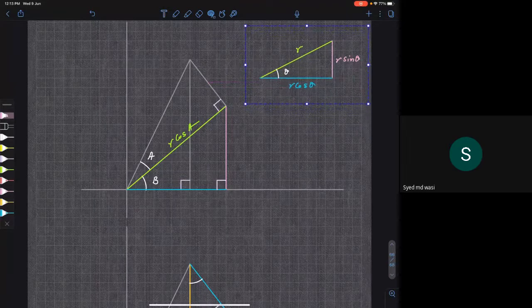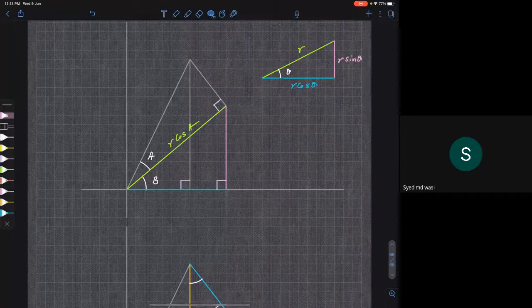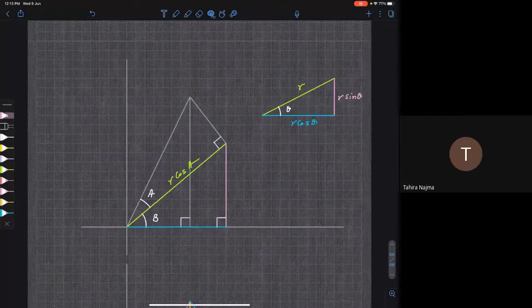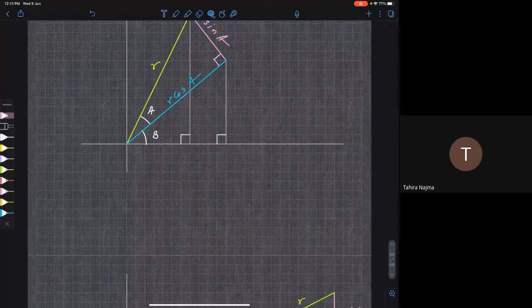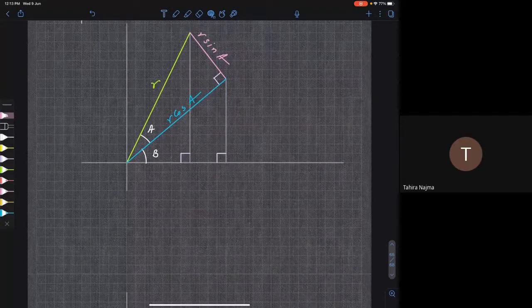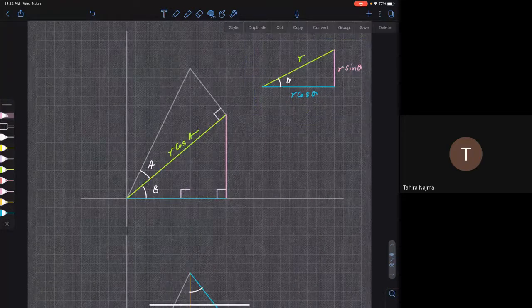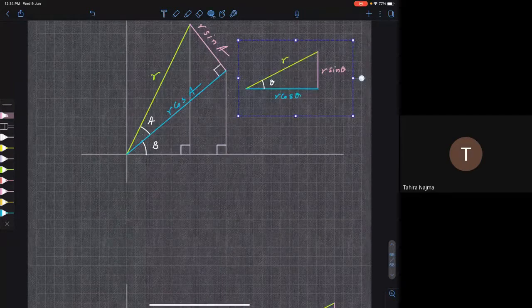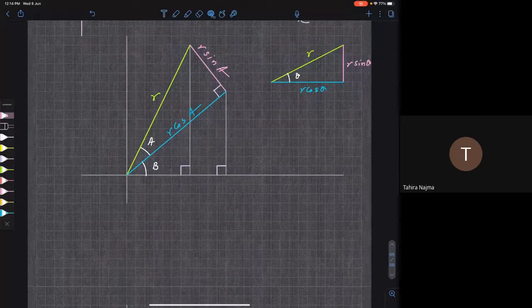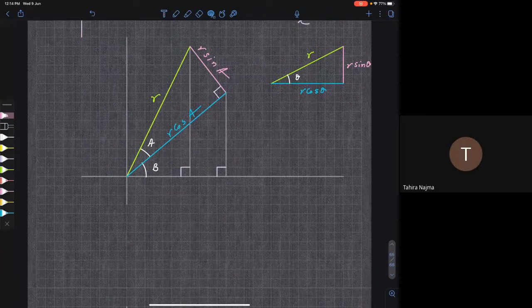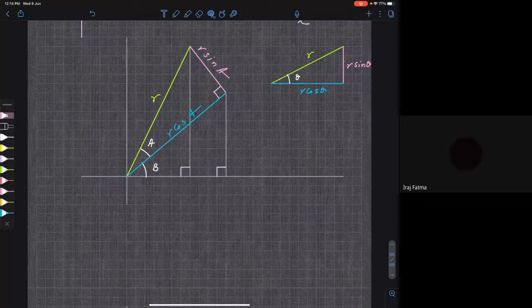This is the thing we have been talking about until now. In the last diagram also we had a right angle triangle. Same story, copy, paste. We will use this thing again and again throughout physics. So instead of R we have R, and instead of theta we have A. So instead of R cos theta we get R cos A, and instead of R sin theta we get R sin A. Do you agree? Yes, sir.